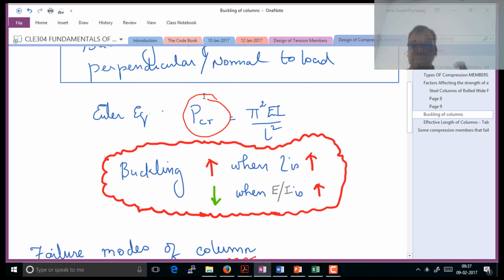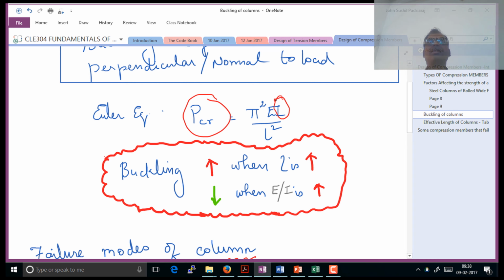So look here. When I keep on increasing the unsupported length, what happens is even at a very small load, my column is going to fail. So this is the principle of the design of a column. If you are going to have a long unsupported length, you cannot avoid it. What is the thing which you try to do? You try to increase